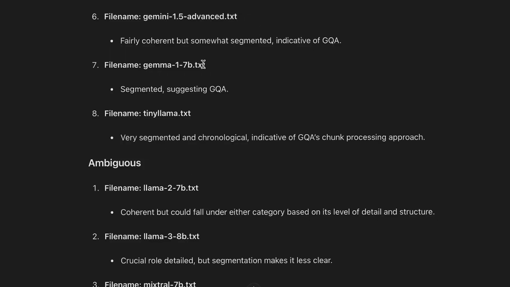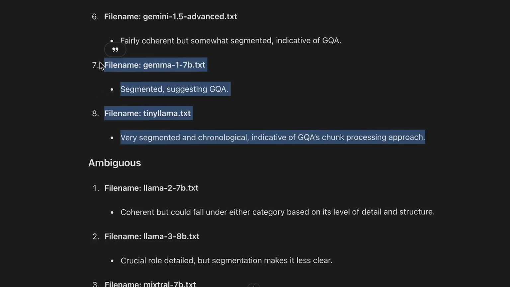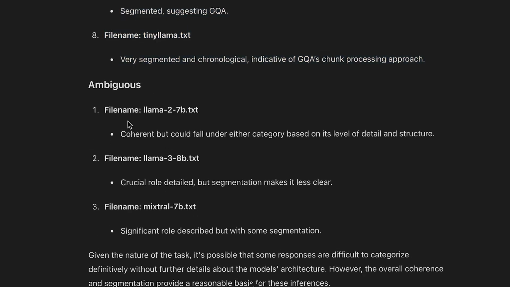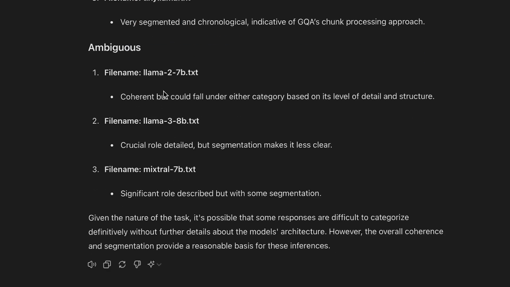Again, Mistral 7B, it's picked up, that's GQA. It's picked up Gemini 1.5. This is one of the top models, but it's so low down there. Tiny Llama is MHA, and so is Gemma 1.7B, but they're such small models that I just don't think it's going to pick it up here. And again, ambiguous, it's saying Llama 2, Llama 3, and Mixtral. And again, these are all smaller models, so it's probably done that. So if I really wanted to push it really hard, I could probably do an even bigger story rather than the 500 tokens. So to bring this back to the beginning, I believe that certain model creators are making trade-offs,